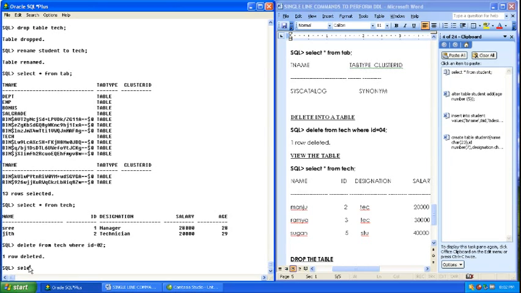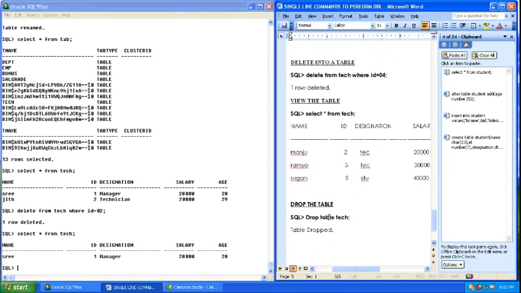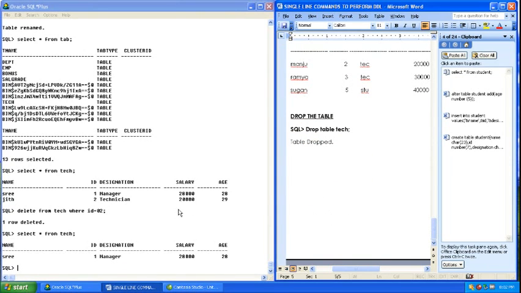I have to check whether the value is being deleted or not, so I repeat the command select star from, followed by the table name, which is tech here. As I have renamed the student table as tech, it is tech here. See, when I gave select star from tech previously, it showed two values. After deleting the content which has the id number 2, only one row is being displayed. Okay,